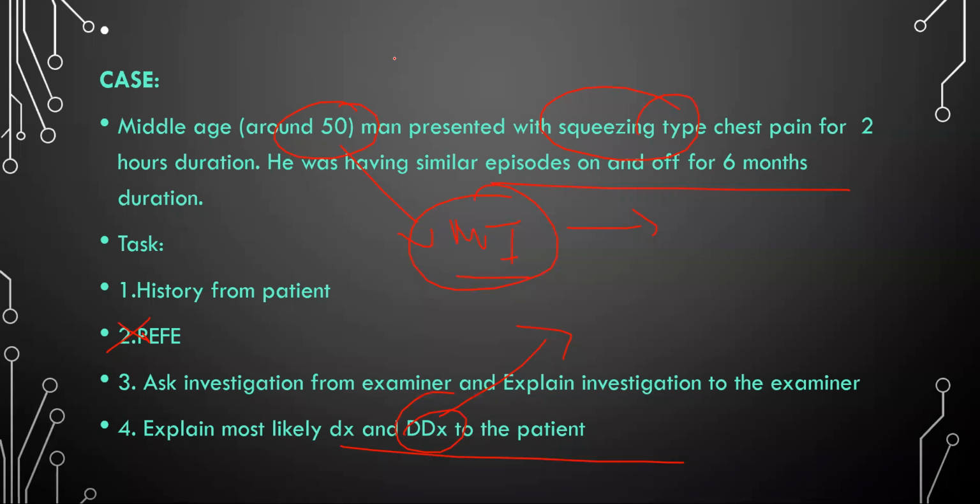Also, in the chest pain cluster, if investigation from the examiner is a task, you don't need to ask for more investigations. If you get ECG, that's fine, because they actually want ECG from you, not other investigations. If you don't say Helicobacter pylori investigation or urea breath test, that's fine in this case. ECG is the main one here, so as long as you're saying ECG, you're good. Don't waste a lot of time with explanation of the investigation. Rather, go to the diagnosis and DD.